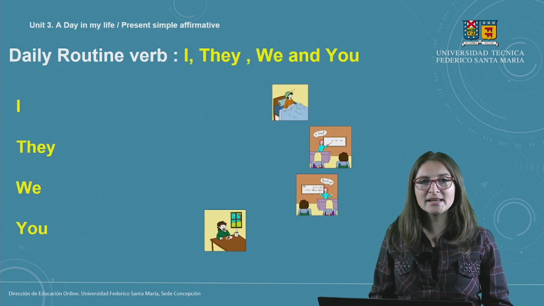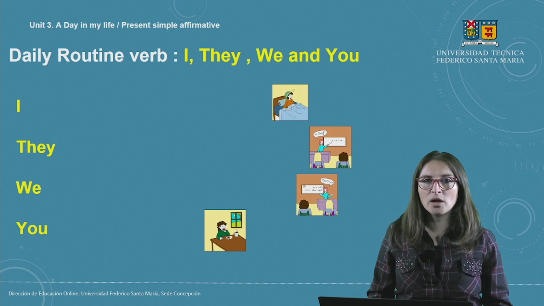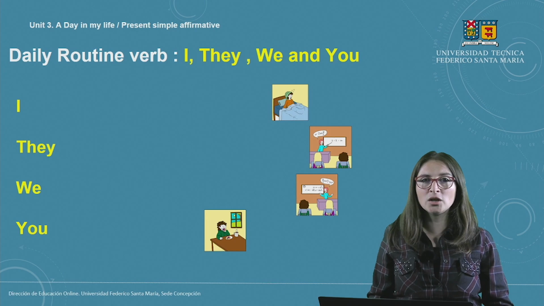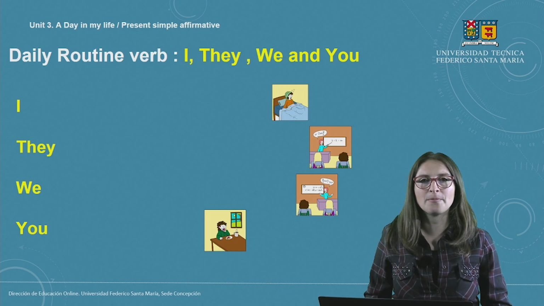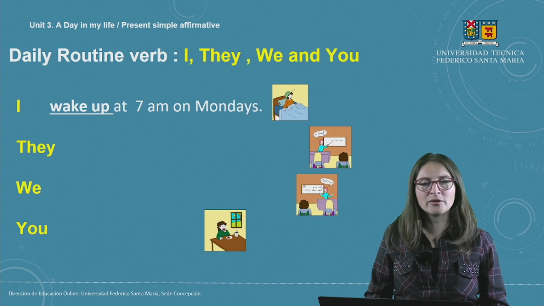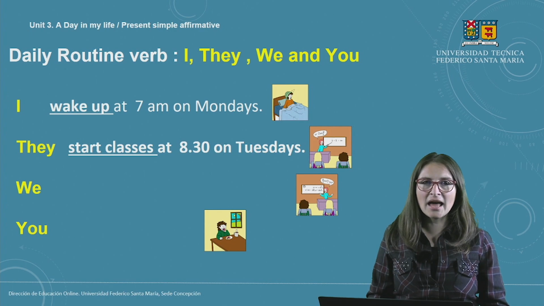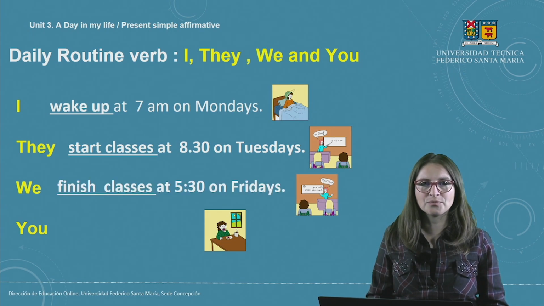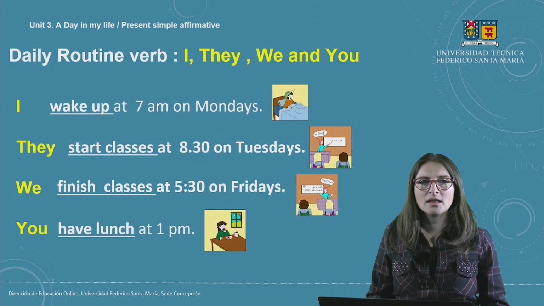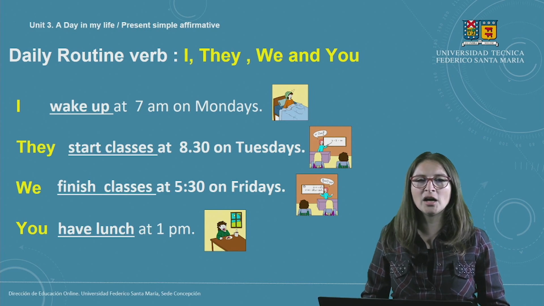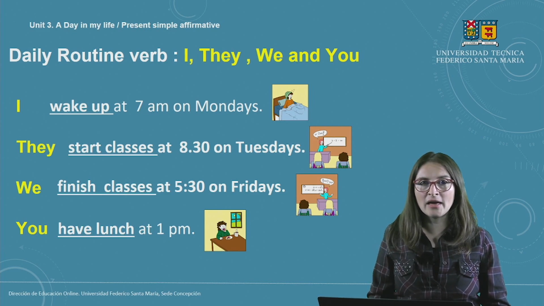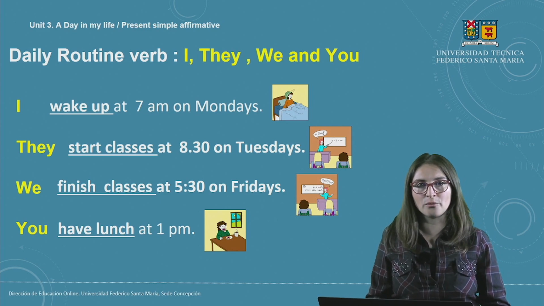So, how to express ideas in the present tense if we have I, they, we, and you in a positive sentence? In that case, I say, for example, I wake up at 7 a.m. on Mondays. They start classes at 8:30 on Tuesdays. We finish classes at 5:30 on Fridays. Then we say, you have lunch at 1 p.m. So that's the way we describe sentences in the present tense affirmative form with those personal pronouns,